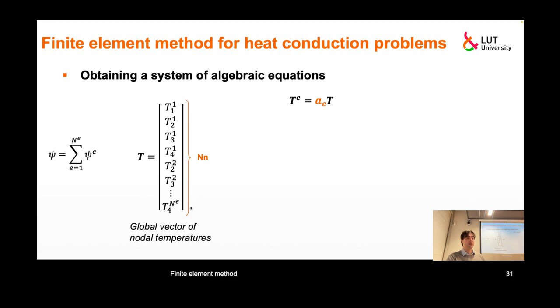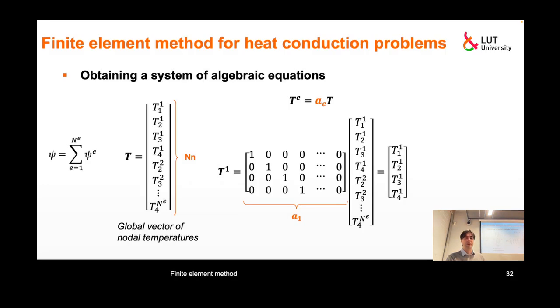Global vector of temperatures. This is what we are going to find as a result of the finite element solution. And before that, we were dealing with element nodal temperatures: 1, 2, 3, 4. Each element has 4 nodal temperatures. And we can design some kind of matrix to extract the appropriate element-level nodal temperatures from the global